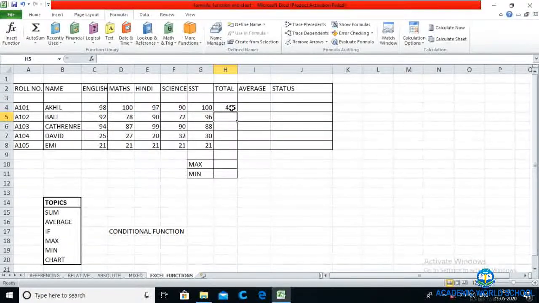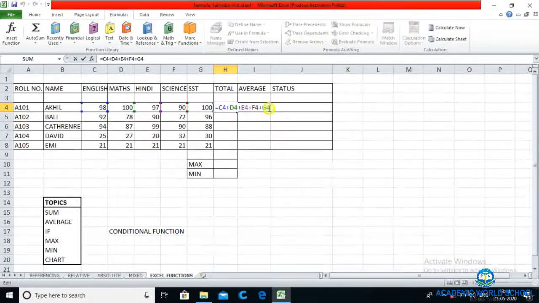But I have a question. Might be the same question is coming into your mind: can't we make it short? Yes, we can. Why mention the cell address all the time? Here we have taken 5 times for only 5 data. In real world applications, when we do a project, there will be many cells to add. Then what are we going to do?